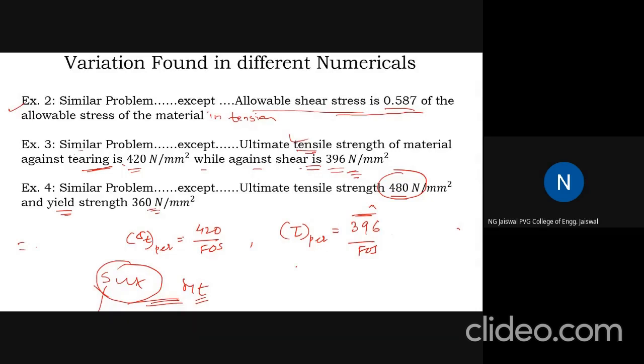Okay, so this is how the variation you can have in the numerical in knuckle joint. Sometimes only pin design is asked, but that cannot be a variation, because only a small part is asked. It's the full-length problem of knuckle joint design. Only a small part is asked, that is only design the pin, or only design the single eye, or only design the double eye, or only find out the stresses, etc. This can be another variation. But if you are now comfortable with all these variations, absolutely there will not be any problem in the knuckle joint design.